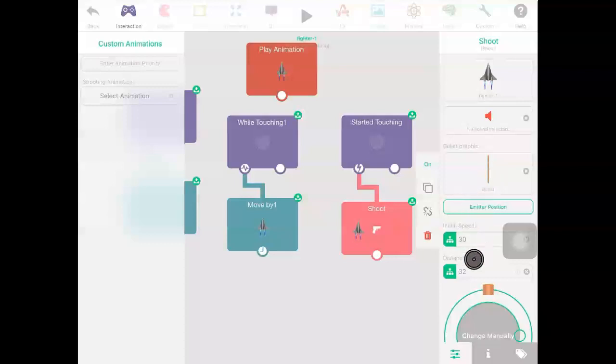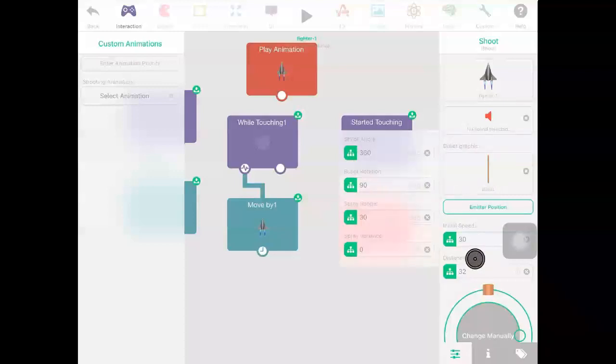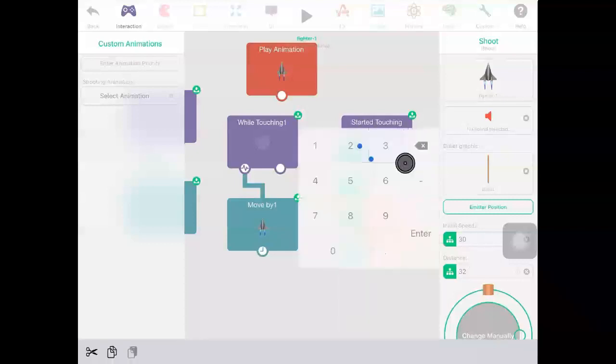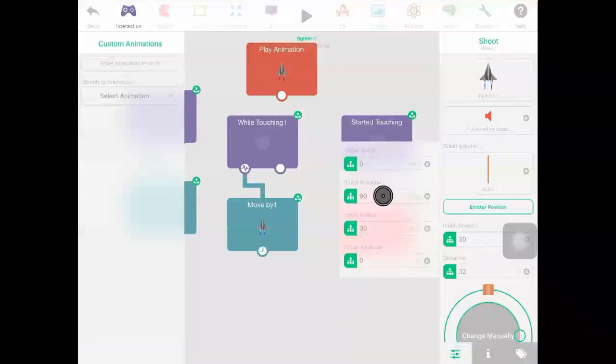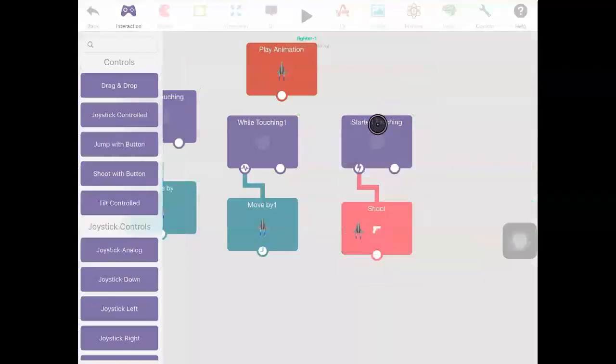So if you scroll down and go change manually, our angle is 360 degrees, or it could be set at 0. And rotation of the bullet needs to be at 90. And that's our settings for the bullet. So it's going to shoot whenever we touch the right hand button. Okay. Next step